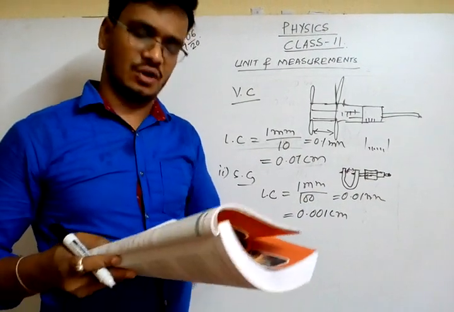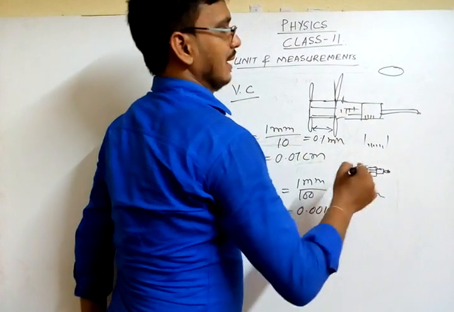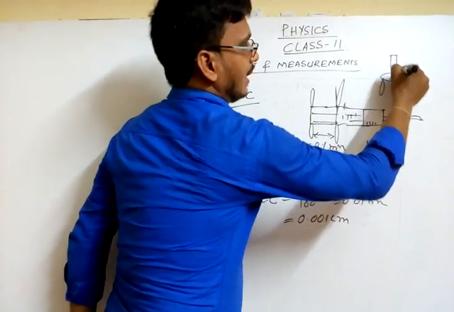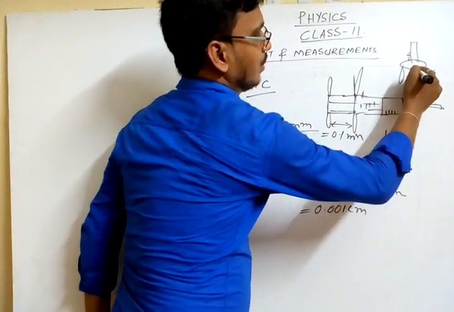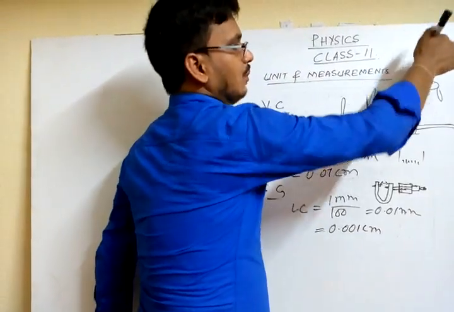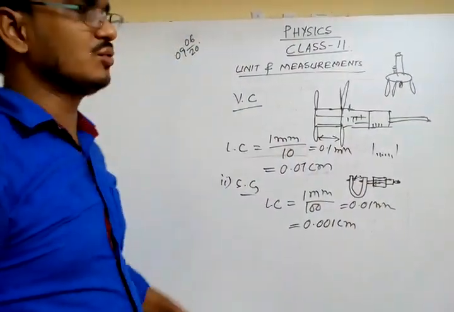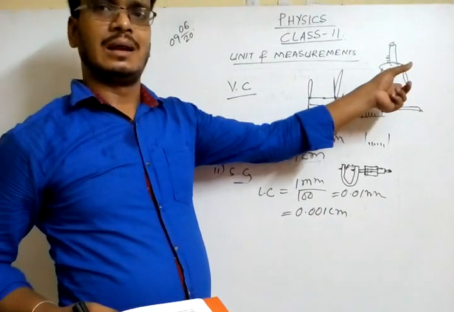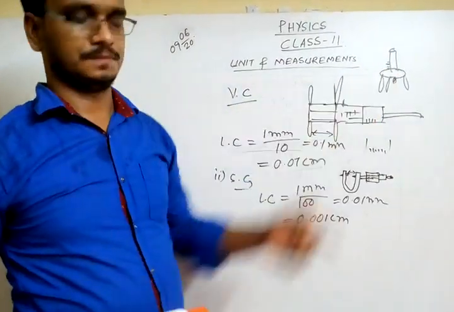Another device is the spherometer. I will show you that type of instrument in the lab. It has a circular scale, and a three-legged stand, with a screw on top and the main scale reading fixed. There is also a knob. We have to move the screw, then the knob will come downward. Using this device we find thickness, generally the thickness of a lens. For that purpose we use it.